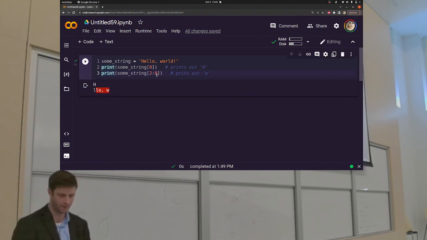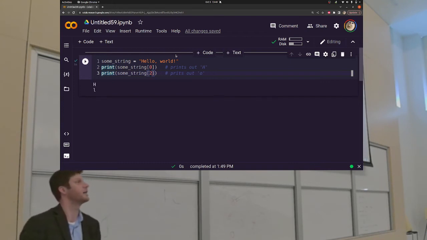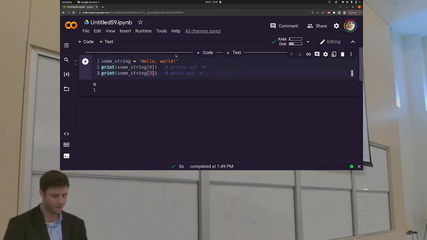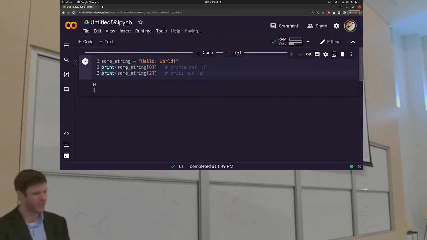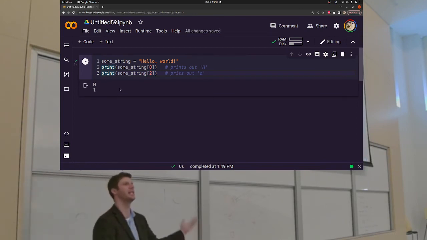If you want to get really fancy, you can actually add a third thing here that tells you how to count. So if I count by 2s, it'll skip every other one, but whatever. I'm just showing you interesting trivia at this point. The important part here is you can index these letters. Now, if you're thinking, I can get information from a specific index of that string,